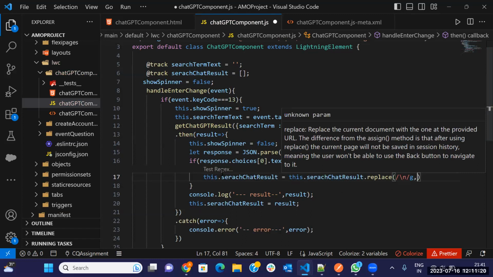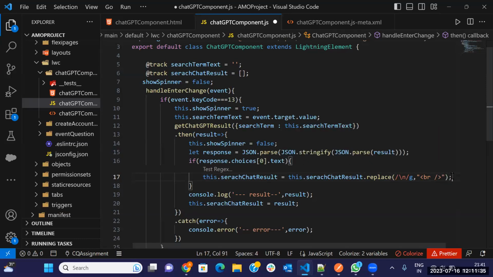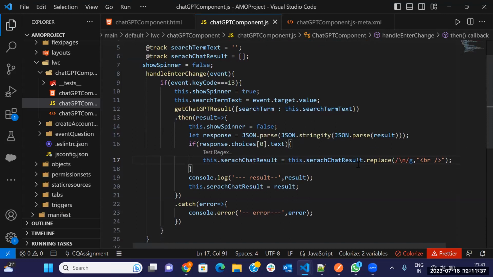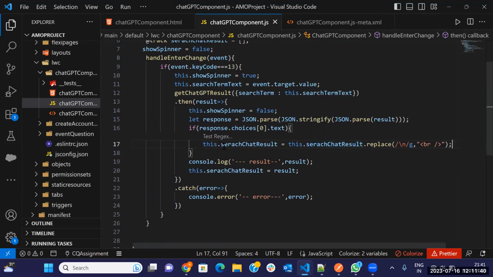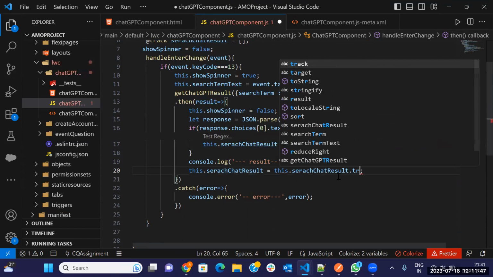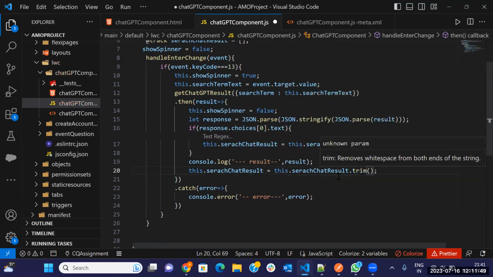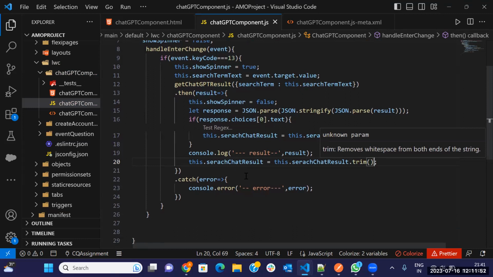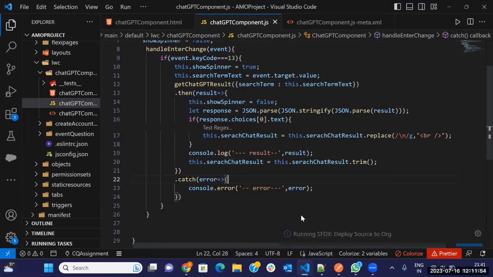When you type this, the text is automatic here, and in double quotes I am passing my line break code, the br tag. Okay, so I have done my replace job. What we need to do now is parse here, remove this one, and trim the unwanted spaces. Okay, so now just deploy